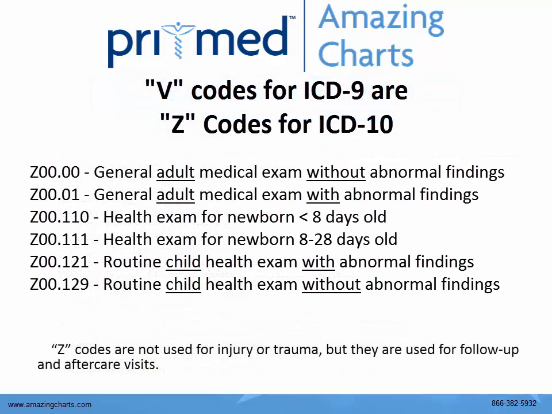One change that most providers should be aware of is V codes for ICD-9 are now Z codes for ICD-10. So some of the more common codes would be Z00.00, General Adult Medical Exam without abnormal findings, Z00.01, General Adult Medical Exam with abnormal findings,